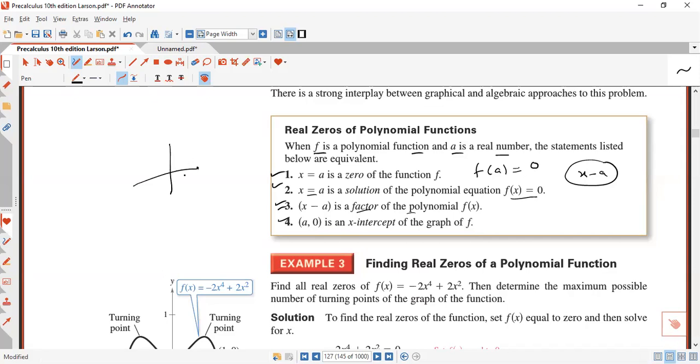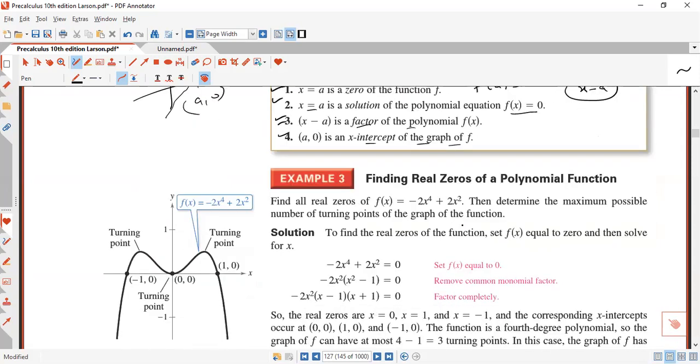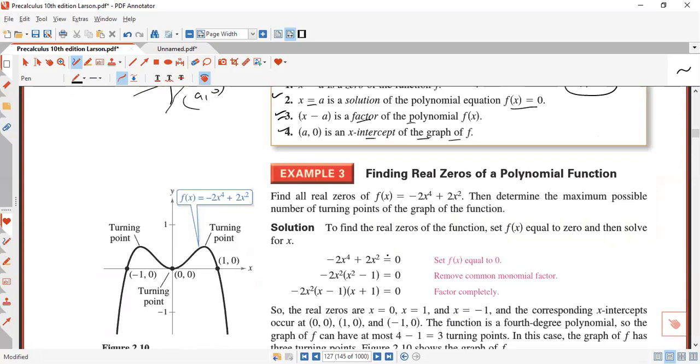So the function will intersect here. So this point (a, 0) will be known as the x-intercept of the graph. These four are equivalent statements with each other, and that is related with the real zeros of the function. Graphically here you can see that we have three zeros, x equal to 1, x equal to 0,